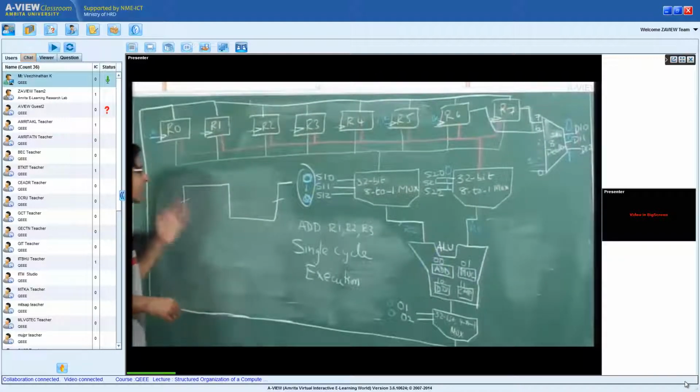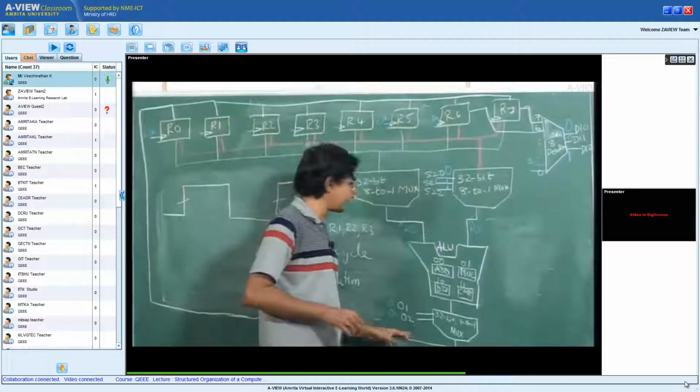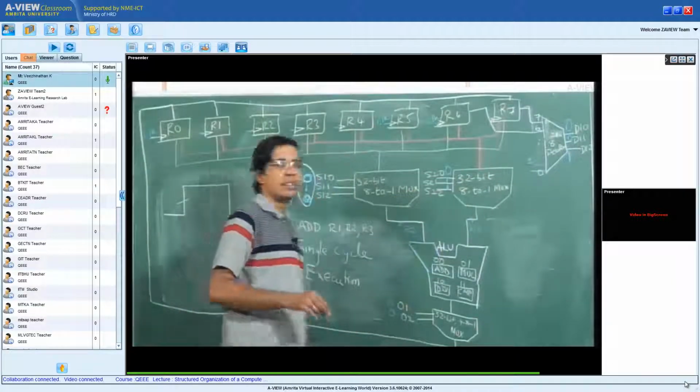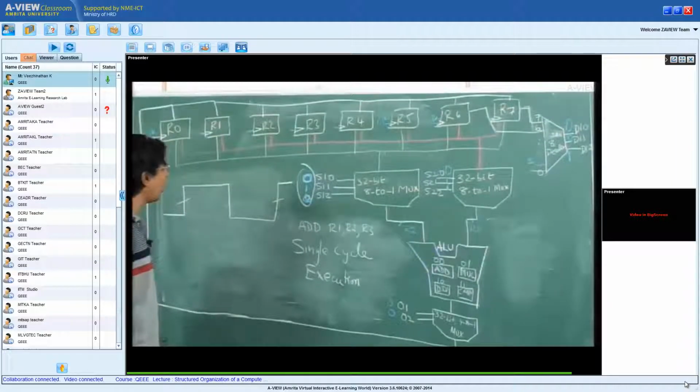When the clock goes high, these control signals are assigned to the corresponding select values of the multiplexer and the decoder. How?